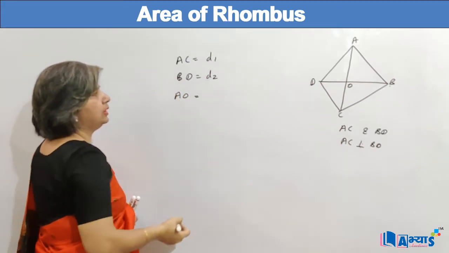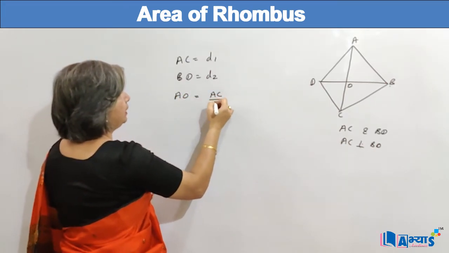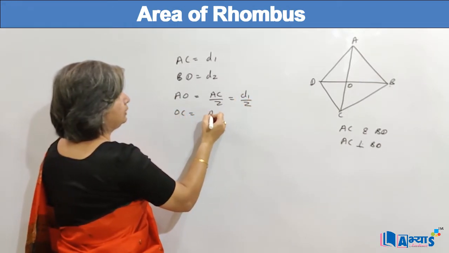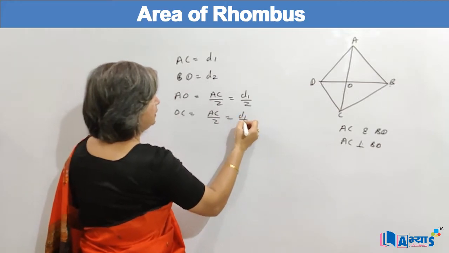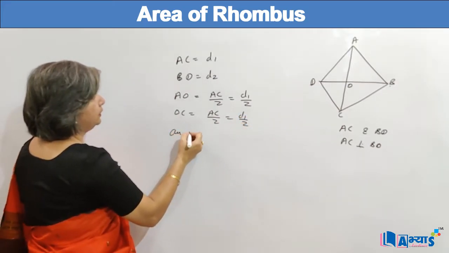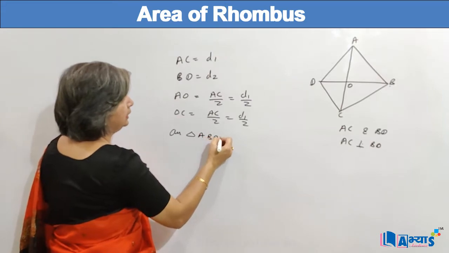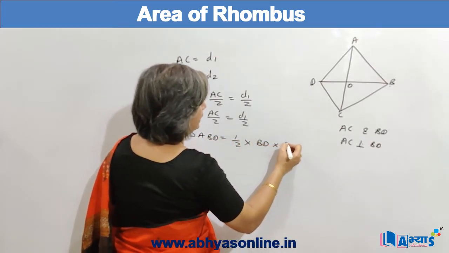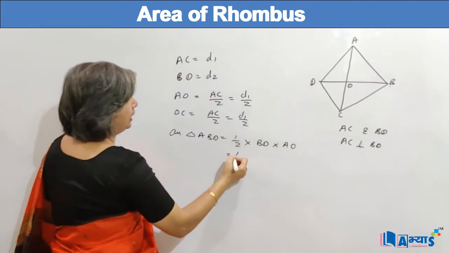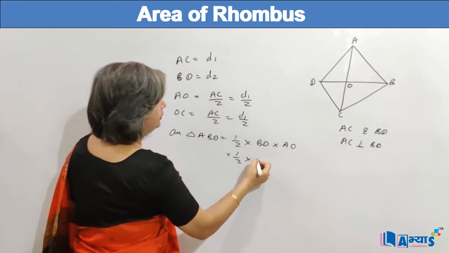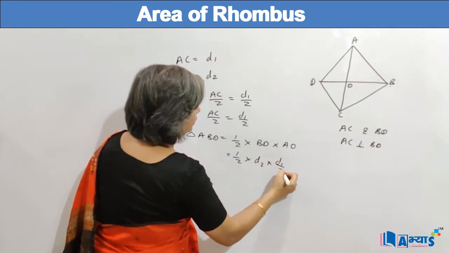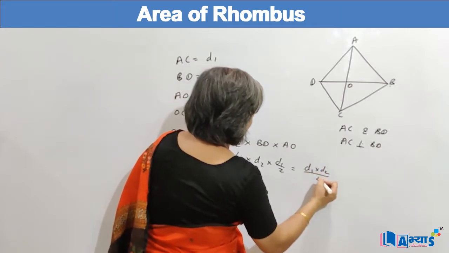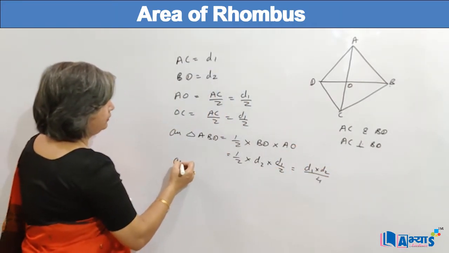AO is half of AC, AC divided by 2, so that means D1 upon 2. Similarly, OC is equal to AC divided by 2, that is D1 upon 2. Now area of triangle ABD is half into base. Base can be BD into height can be OA. So it will be half into BD is D2 into D1 upon 2, or we can say D1 into D2 upon 4. Similarly, area of triangle